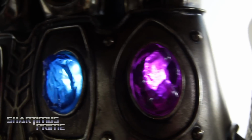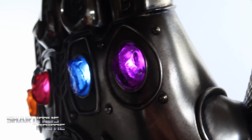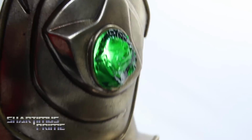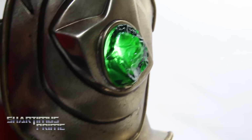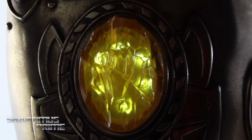I like that you can see the LED lights in there. I think it displaces the light pretty well within the stone for each of them. Here's looking at the Time Stone. Looks really good. And again, here's looking at the Mind Stone. You can see that it has several lights right there. That's pretty cool. And then just to come around back, you can see that USB cable just plugged right into